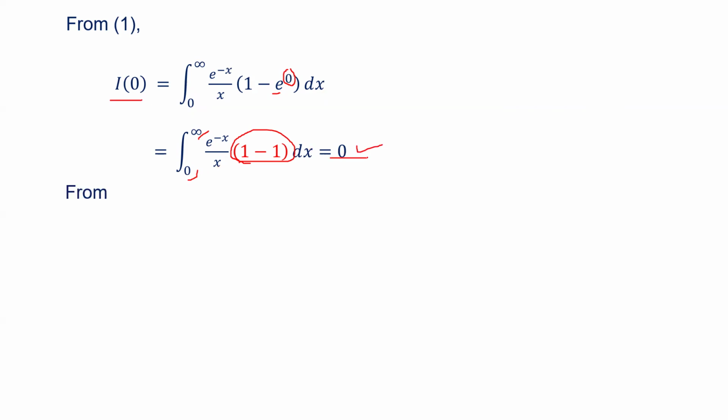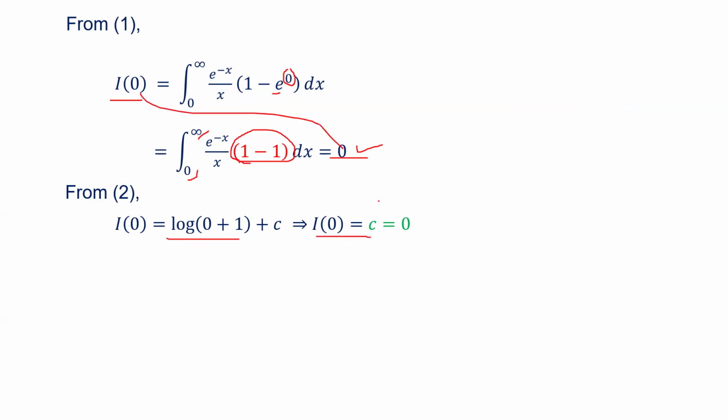This is from equation 1. And similarly from 2, I of 0 is equal to log of (0 plus 1) plus c, and this log of 1 is nothing but 0. So c is equal to I of 0. But what is I of 0? I of 0 is 0. So c is equal to 0. Hence, from equation number 2,